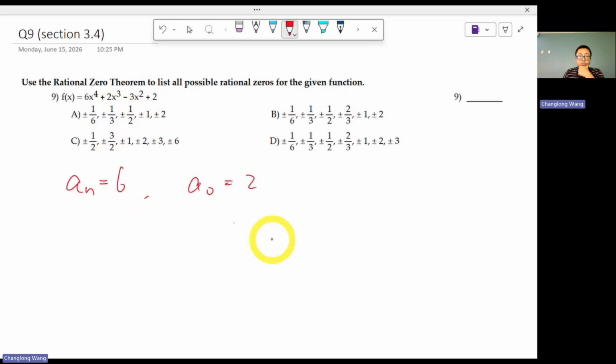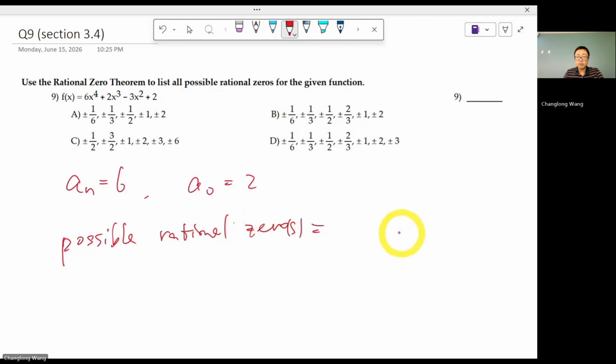The constant is 2. The possible rational zeros, right? So will be from the list of